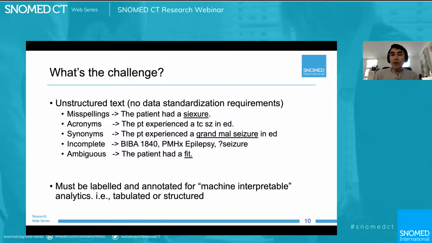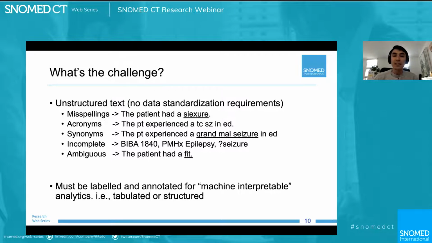And of course, although with the advent of technology and word processing tools, it's still very messy. The freedom of having unstructured text for these clinical narratives is that a clinician or healthcare professional can write whatever they want.